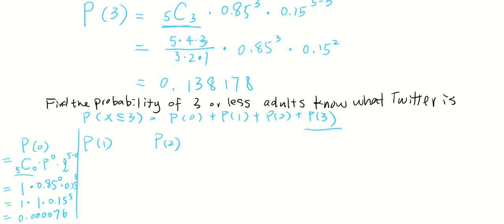Now P of 1. That is equal to the combination of choosing 1 out of 5 times P here is 0.85, right, to the power of 1 times Q 0.15 to the power of 5 minus 1, 4. So do the calculation. This is 5 over basically 1. That's 5 times 0.85 times 0.15 to the power of 4. So this will give you,